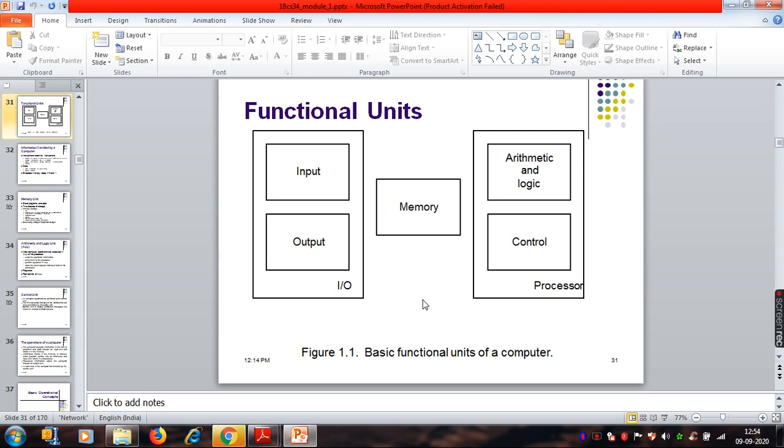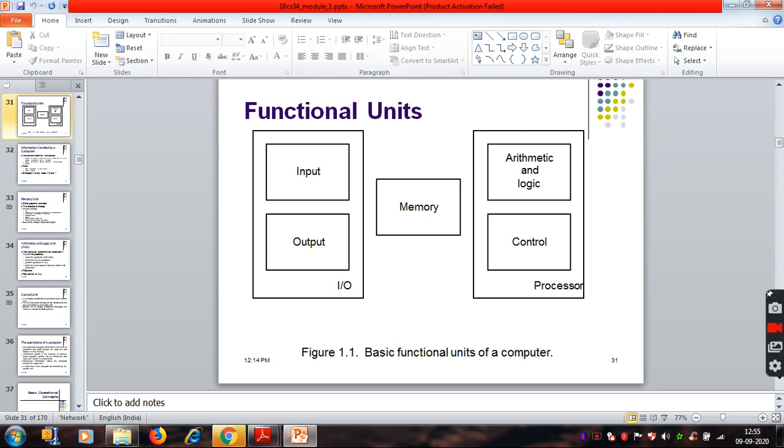So we'll see again in detail. Okay, so memory, what is RAM memory, what is ROM memory. All those things we are going to study in detail later. At this point of time, you just have to understand, memory is some functional unit where the information is stored. There will be some information that is to be stored permanently, and some information that is to be stored temporarily, that keeps changing. So both aspects are there. We are going to discuss that later. Okay, this is just a brief introduction about different functional units, different parts of a computer.